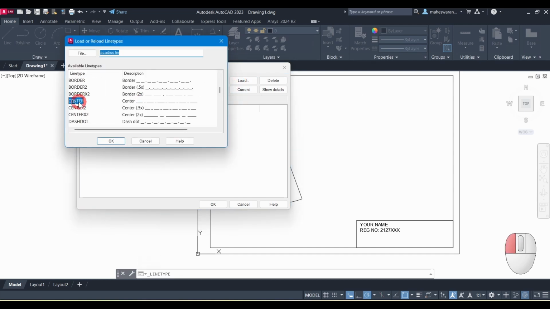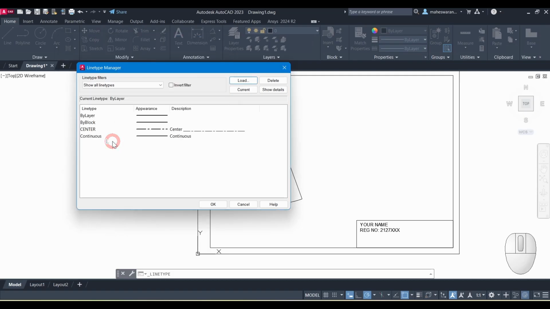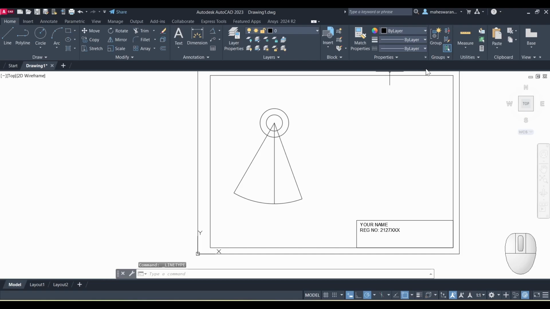click load and select the center line. So your center line is here. Select that center line, click OK. Again you select the center line, click OK. So now your center line has been